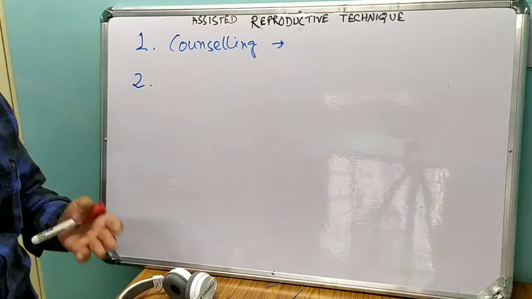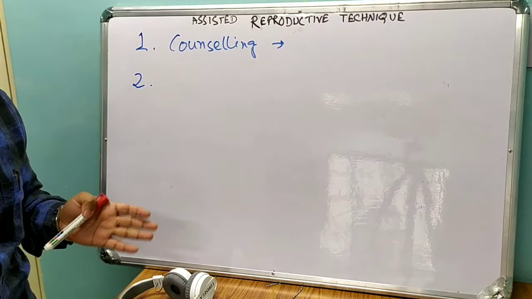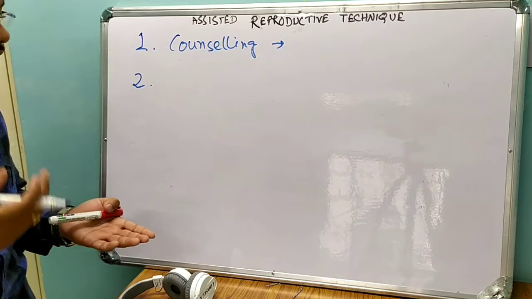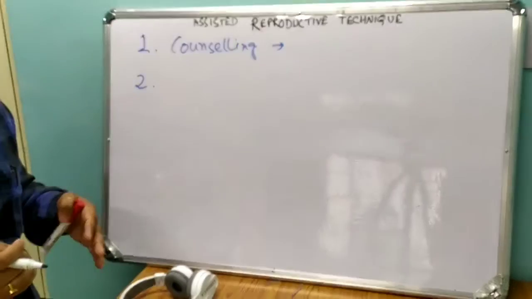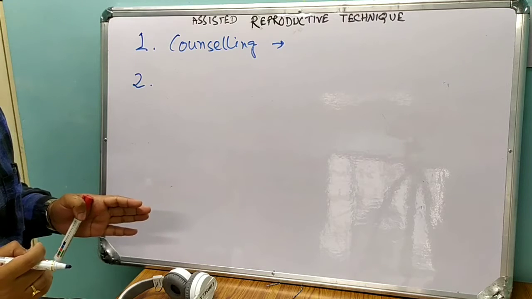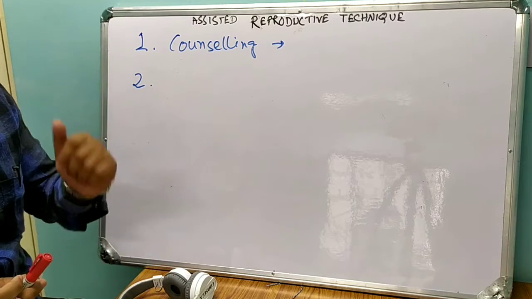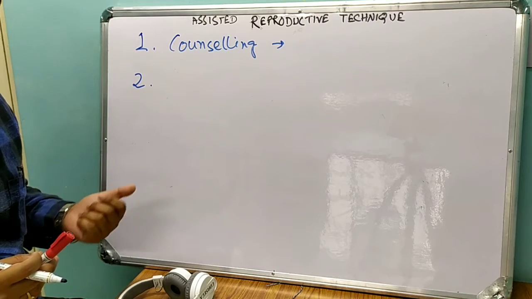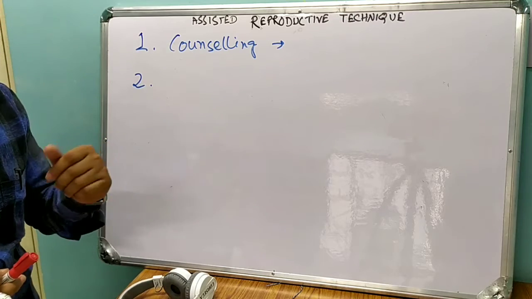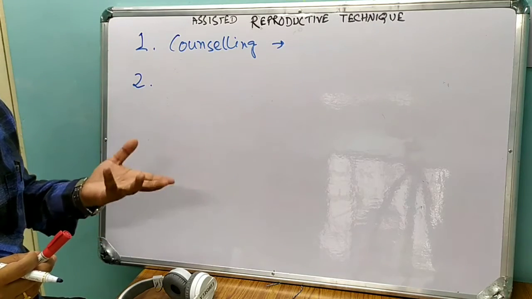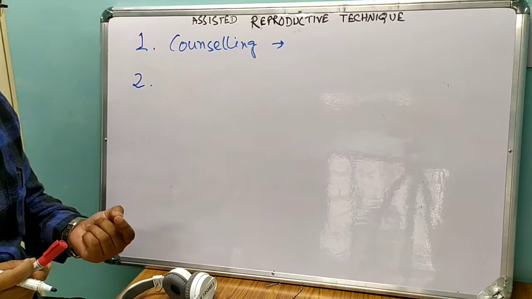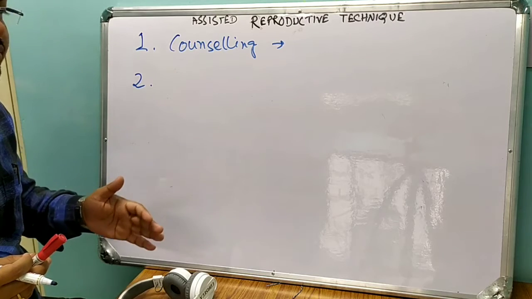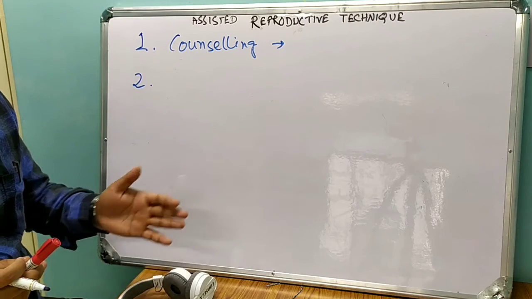Second thing, what we did already, we diagnosed the case, what is happening. Say, if there is presence of anti-sperm antibody, what can you do? If you counsel only, will that go away? No, it will not go away. So what you have to do? You have to cross the cervical barrier. Or due to some kind of disease, say there was a carcinoma in situ, you have operated out the cervix. Cervix is already a very small aperture, that will become more fibrous, more stenosed. So you have to overcome it. You have to pass that cervical region by some other method.